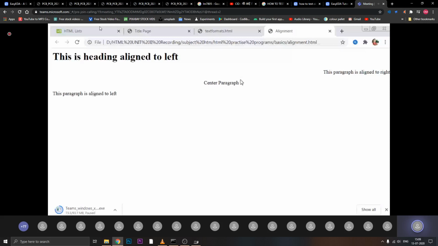Okay, in this way you can align headings, paragraphs, images, and tables also. So these are simple examples of using the align property, or the attribute align within the tag, as well as using the center tag. Okay, then next,